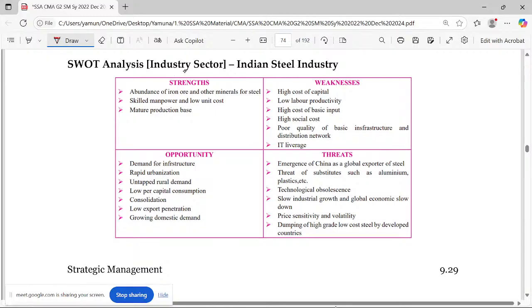This is done in the industry sector. That is for the steel industry. Obviously, this will be helpful for Mahindra and Mahindra. So steel is a core business for them. If you go for the strength of this industry, see, this is an illustration, okay? This is not the direct point, this is an illustration. After finishing the illustration, let me go for the next table.